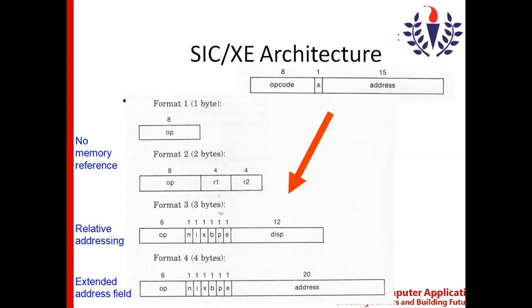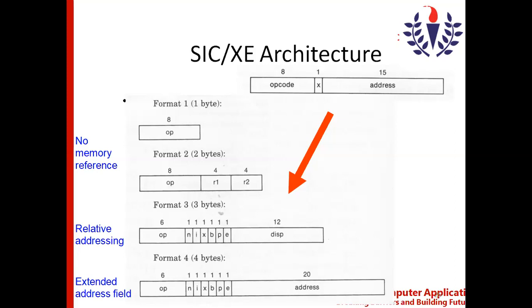In SIC/XE, there are different types of instruction format we use. Why do we go with a different instruction format? What is the purpose of having different instruction formats? That is what we are going to start. As you know, in the SIC machine, as you can see in the slide, in the top right corner, you can see the SIC instruction format, which has opcode, X bit, and addressing field. Instead of using this instruction format, we move on to different types of instruction format.